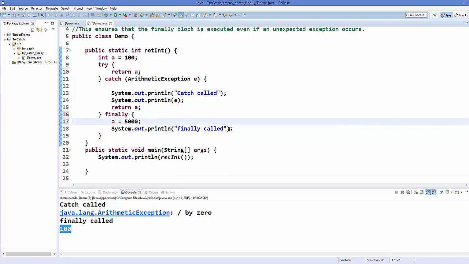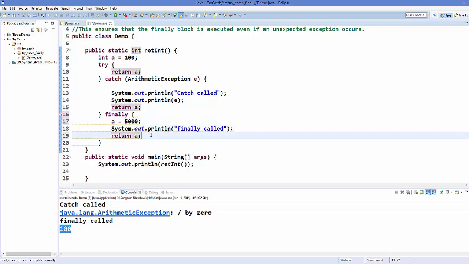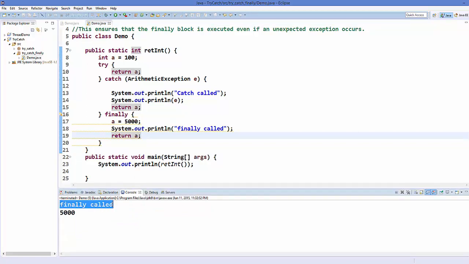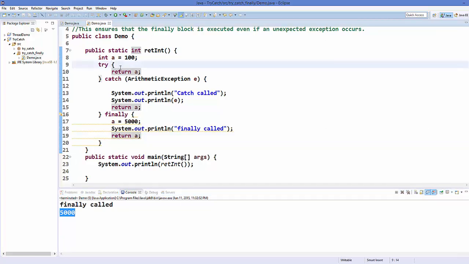So let me do this after this here, and I will save this program and run it, and you can see that finally overrides your return value also. Ideally it should return 100 if you don't return from finally, right?